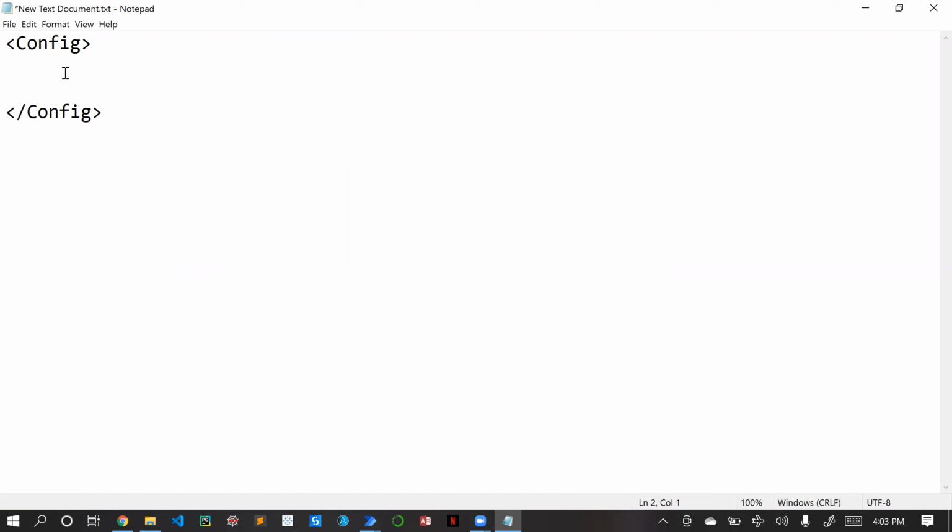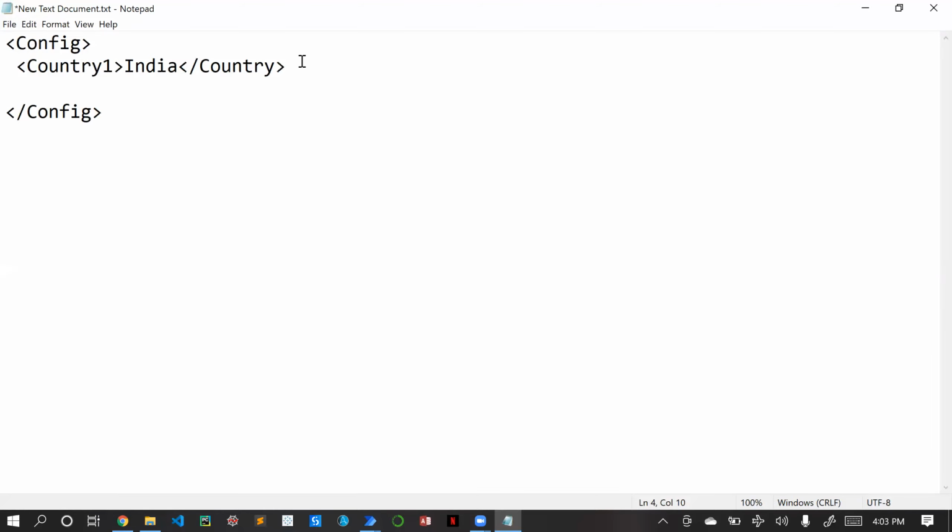Inside this, for example, we will be creating a tag for country name. We'll put country one as of now, and the value will be India. Sorry, my keyboard is a bit slow. Okay, fine. So we have created one element over here.